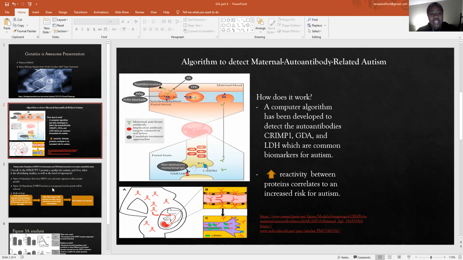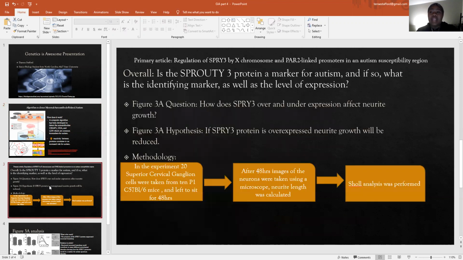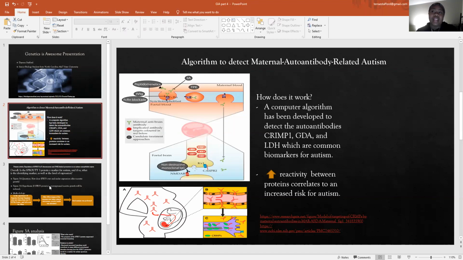And if a woman had these, she was about 35% more likely to have a child with autism. And this was very promising simply because before then, there was no real way to test for this. And this is very important because parents who are having children would like to anticipate their child having a neurological